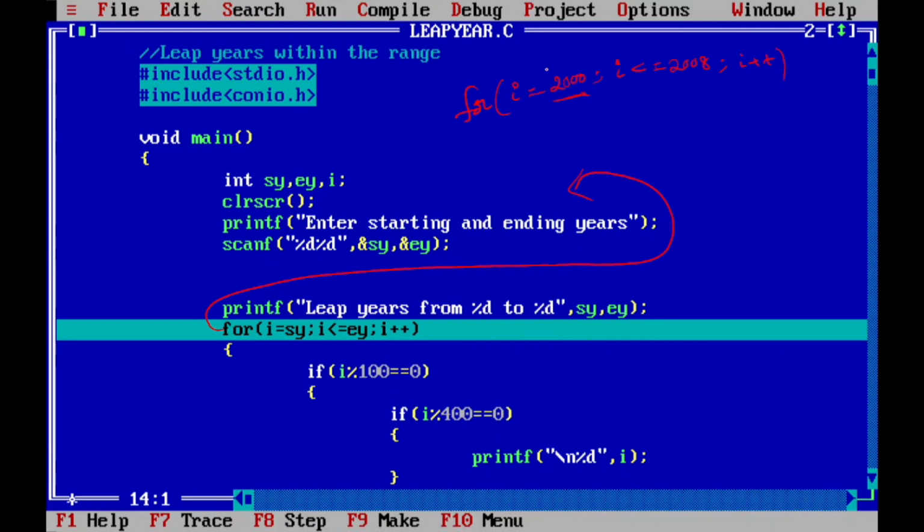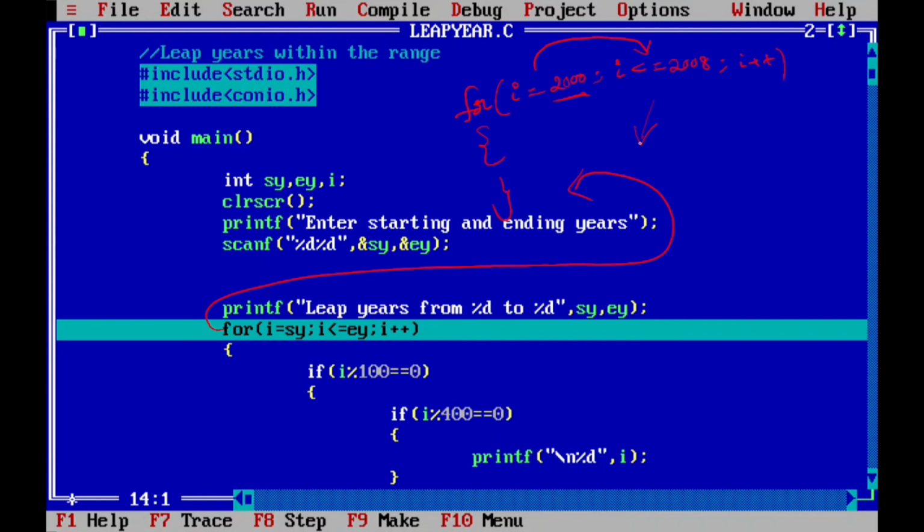This is initialization. After initialization, control comes to this condition. If this condition is true, then the statements within this for block will be executed. I is less than or equal to 2008, and here the I value is 2000, so 2000 is less than 2008. The condition is satisfied. Control goes to the statements within the curly brackets.